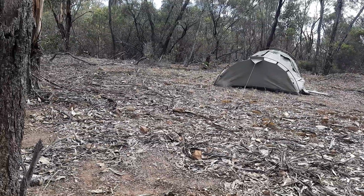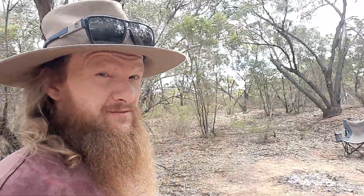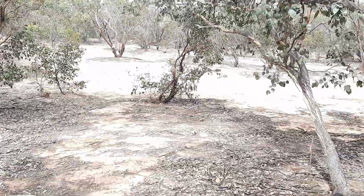See what happens. Right, so I'll take you for a little walk around this little patch here and explain a bit about what's going on, because there is heaps going on in a spot like this, and it does make it a bit tricky to work sometimes. It can make it easier in some ways, but it can also make it harder. So what we have